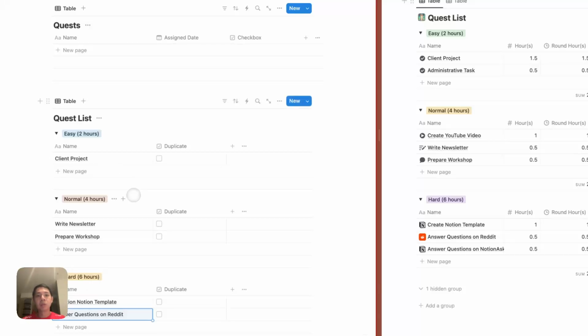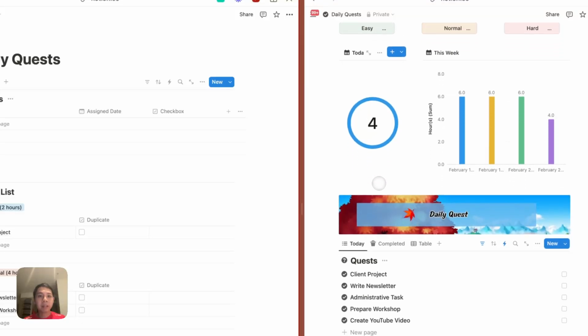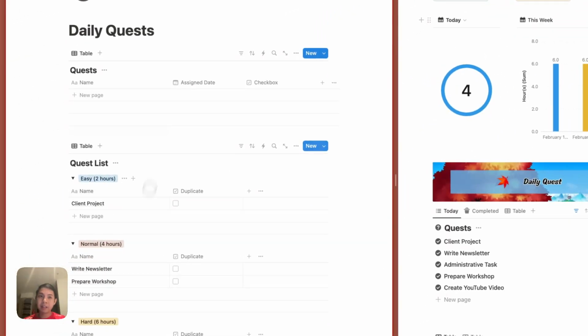All right. So now that we have our quest list, next thing is that we want it, as we press the button, to generate the quest here into this quest list, right? So how can we do that? The premise is very simple. Even before we use the button, what you want to do is use automations. You want to use that as we trigger it. So the idea is that as we click this checkbox here, duplicate,